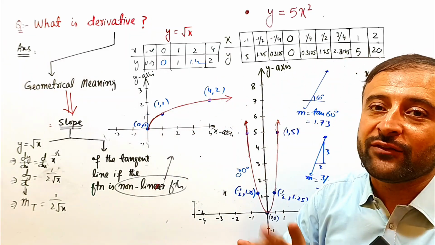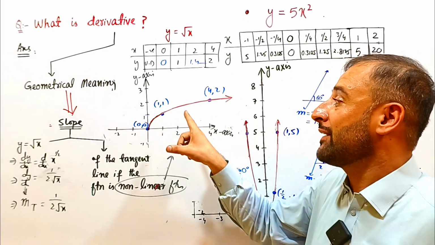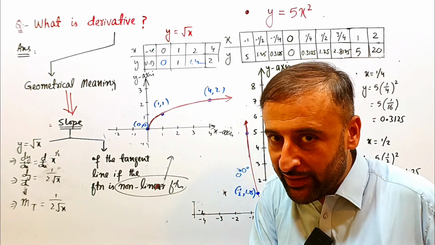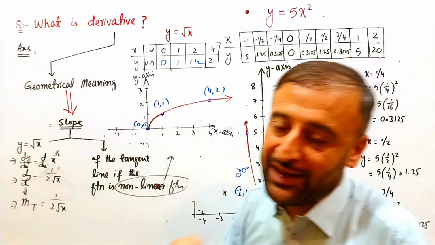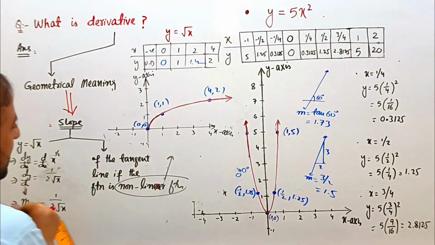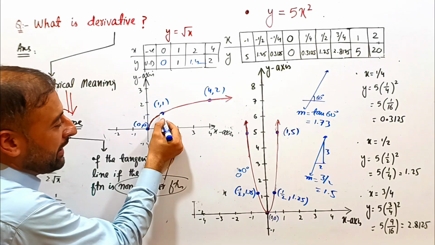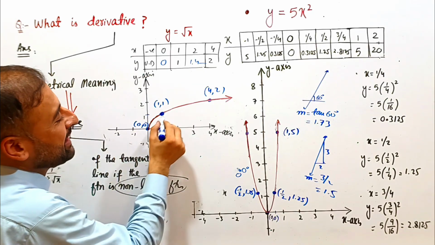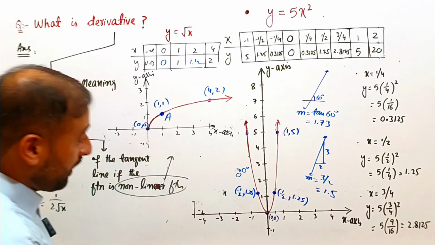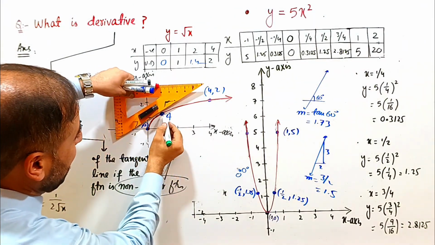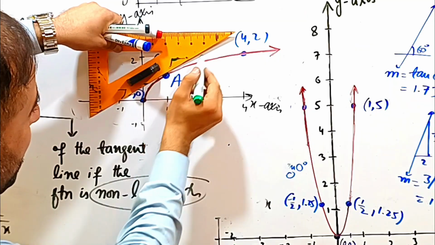This is a curve, but now we will take a particular point, draw a tangent over that point and find the slope of that line. For example, I am interested in this point. Let's call it point A. Draw a tangent line. So if I draw a tangent line at this point, students, clearly you see,